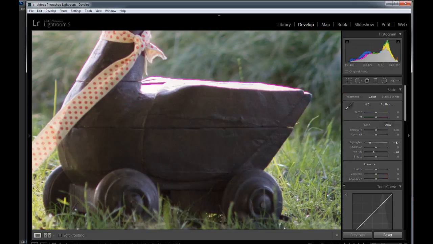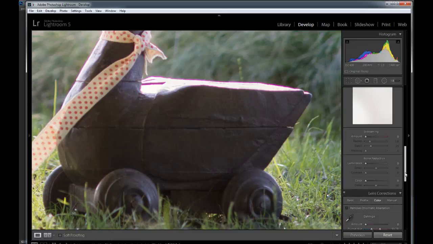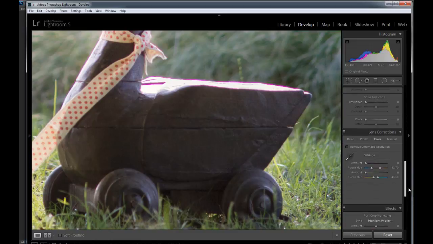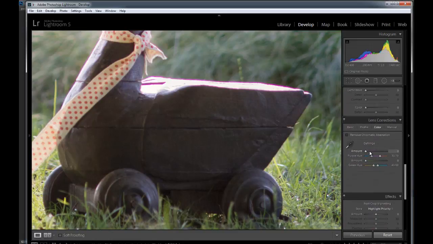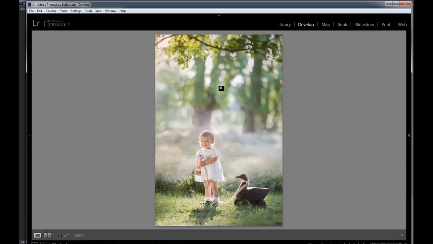some of this purple here. Now in Lightroom you can actually get rid of that. So let's scroll down to defringe, and all I'm going to do is reduce the purples. So I'm going to drag that across to about 13 there, and it's just defringed it. Got rid of that purple that was around that duck. Okay,